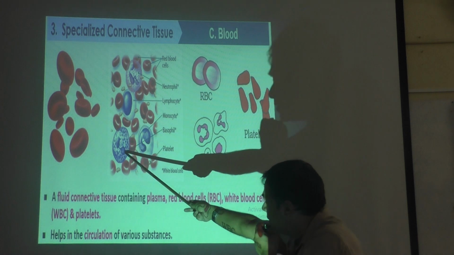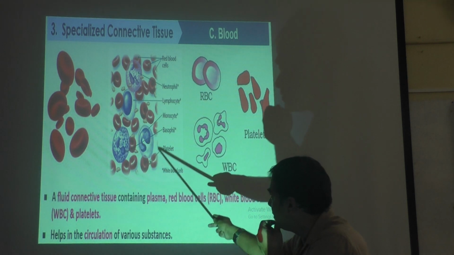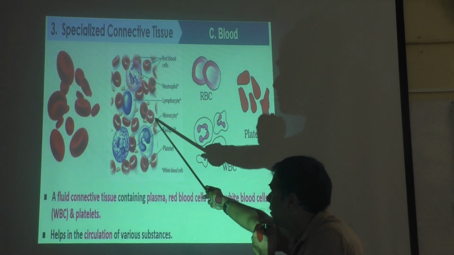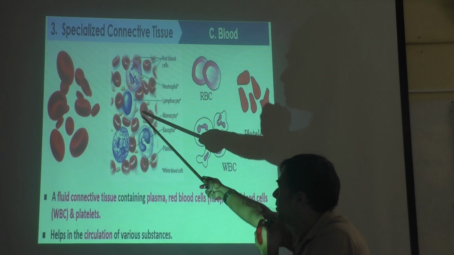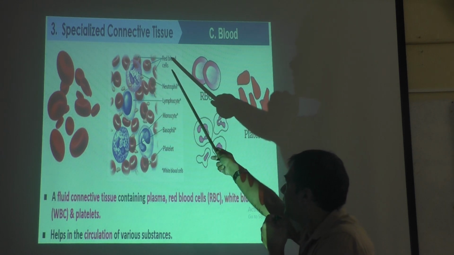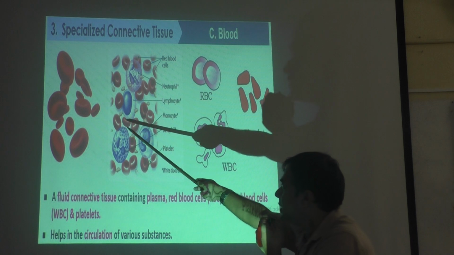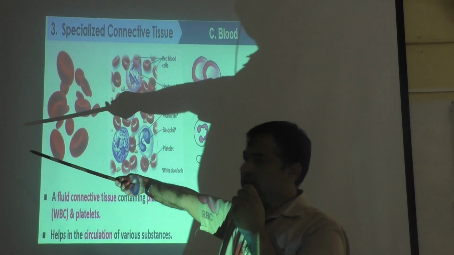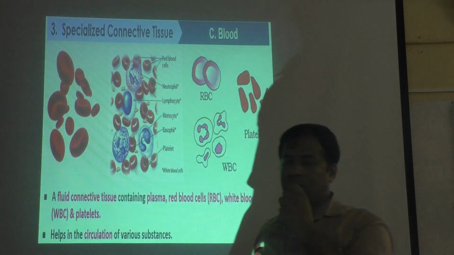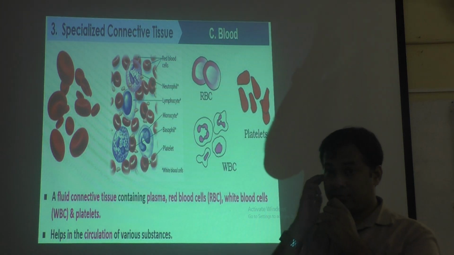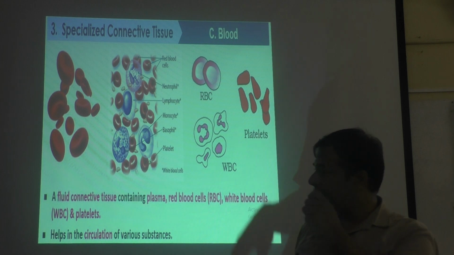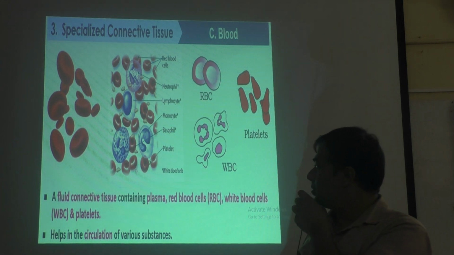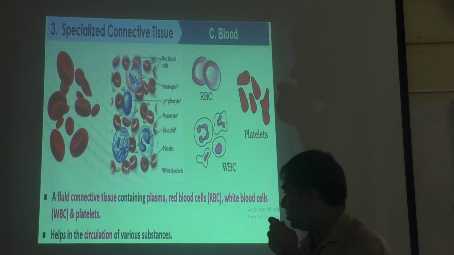Out of that, this is a basophil. This is a platelet. This is monocyte. Then monocyte, lymphocyte, B and T lymphocyte. Neutrophils are there, and red blood corpuscles. You can see there, which looks red, they are showing the red color there. That is biconcave. Both the sides it is concave. Biconcave red blood corpuscle or RBC.